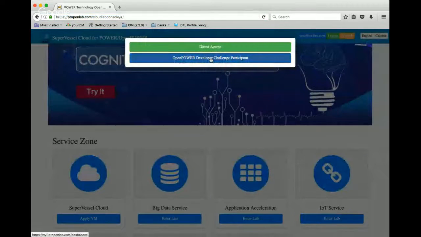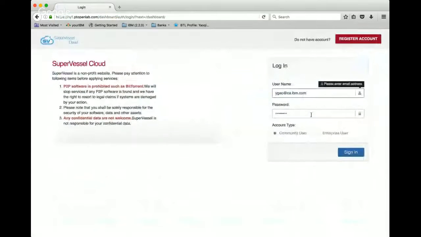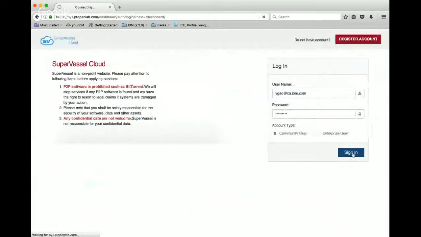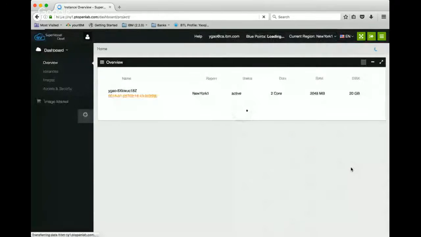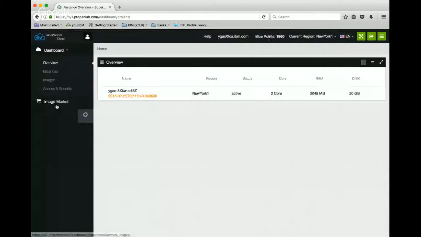Assume you already have the OpenPOWER ID, and you can log on with that. In the dashboard, on the left side, there is the image market. You click the image market,